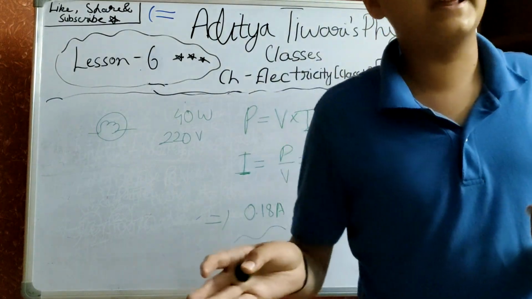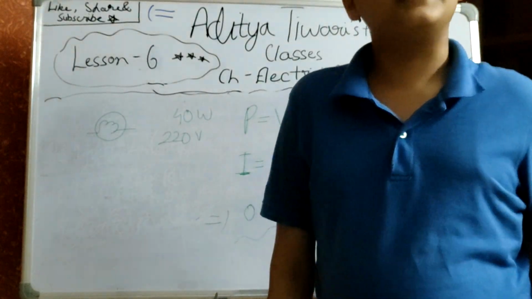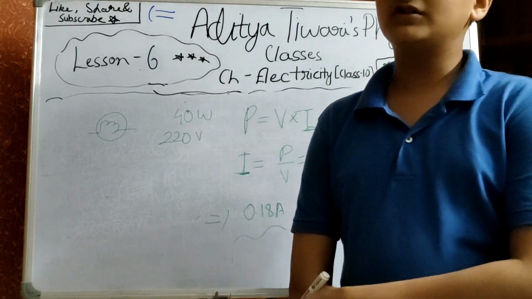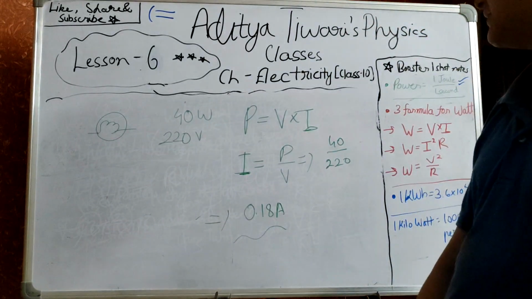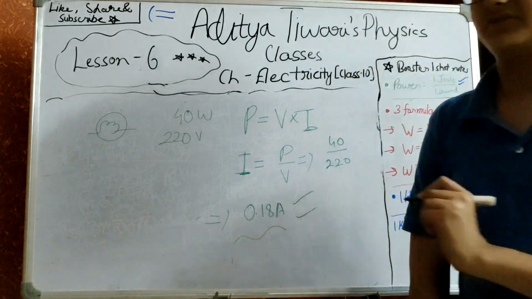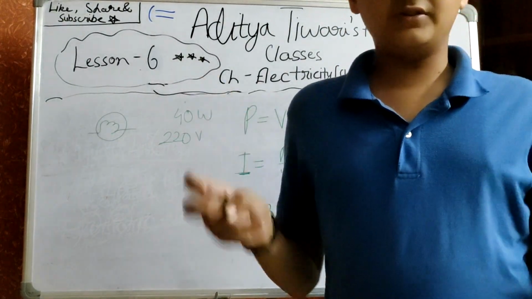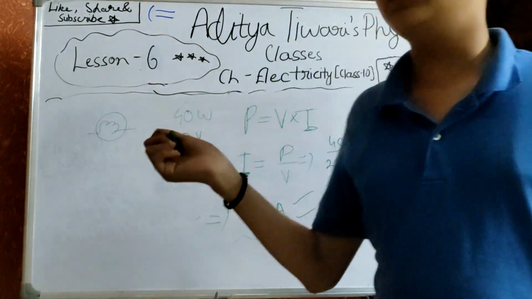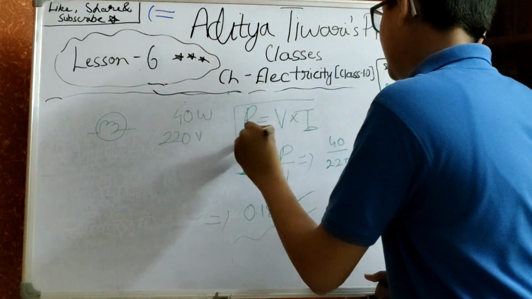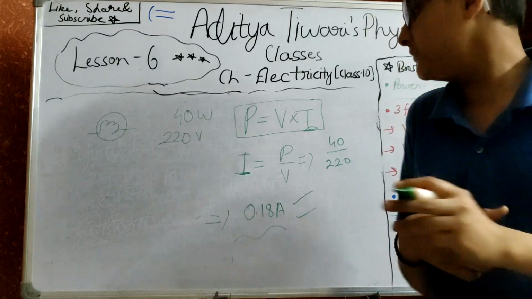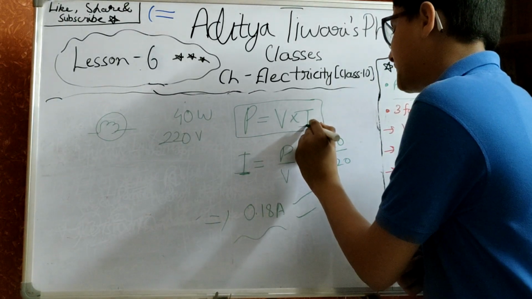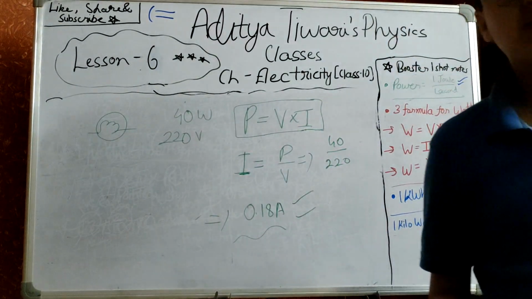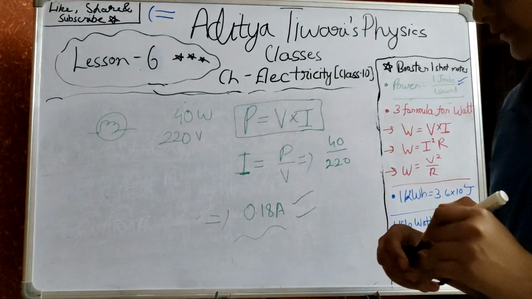Now a notable thing to tell you is that in the table it's mentioned that the electric bulb has usual power of 40 watts, and the supply line is 220 volts. So its current drawn is 0.18 amperes. So it's given in the table as well, and you can refer to the table. But in the exams, where the problems can be random, you need to know the important 3 formulas. This one is the most important because it can be used to derive other formulas as well. So if you don't remember the other formulas, you can use this formula. Deriving from other formulas is a little harder, but yeah, you can also do that.